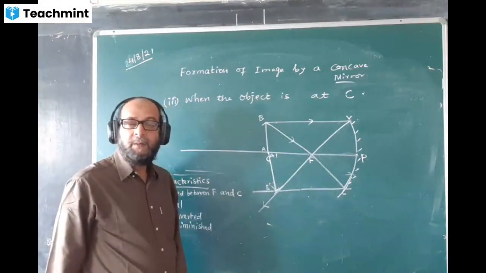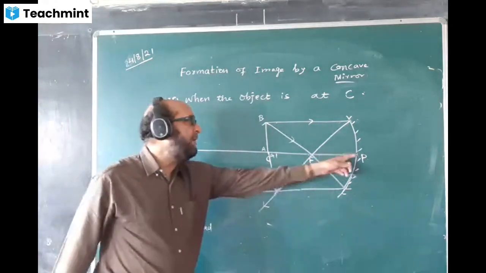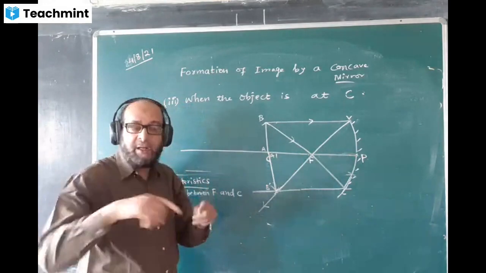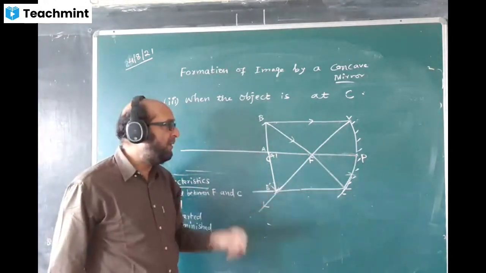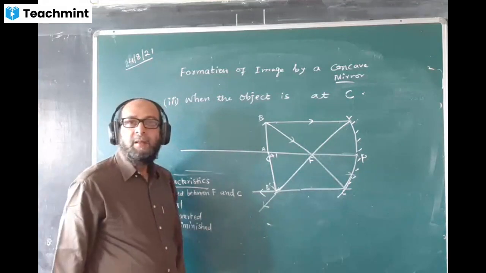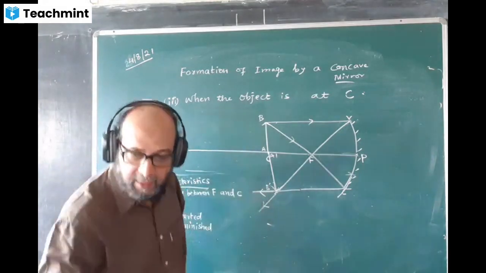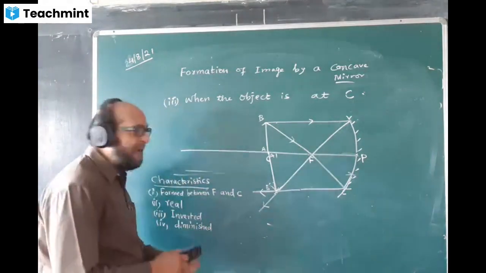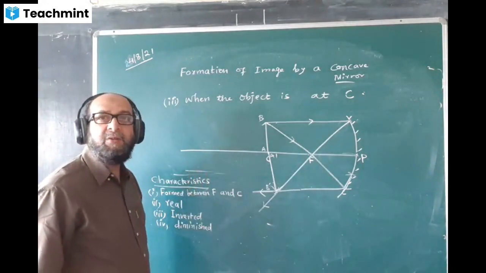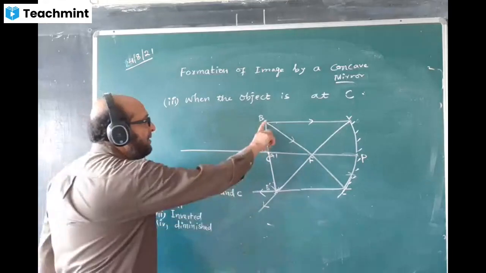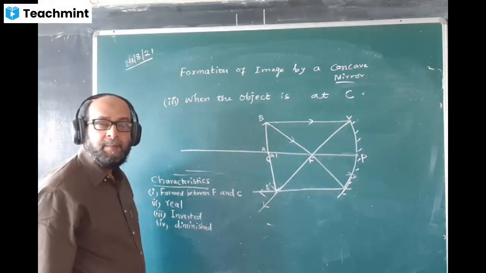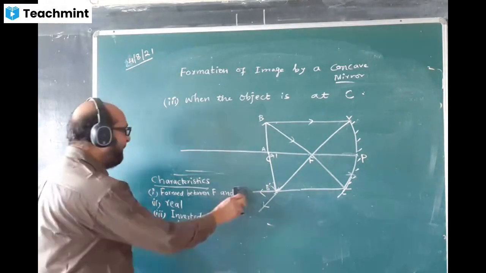Please check. If you have taken exact measurement here, 2 centimeter, 2 centimeter, and you are using ruler and all, your image will be forming there only. Please do check and let me know whether you are getting the same point. It can be slightly here and there. And size will be equal, size will be the same. This is 2 lines, this also will be 2 lines, exactly 2 lines. Please draw and let me know.